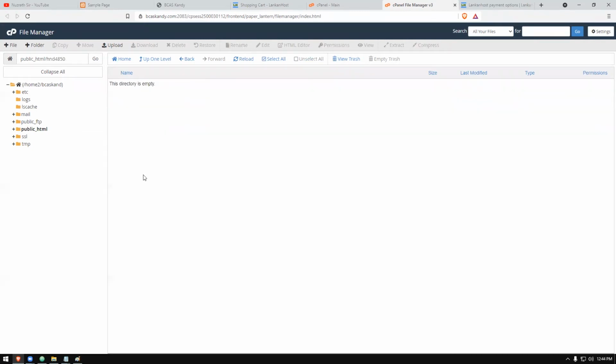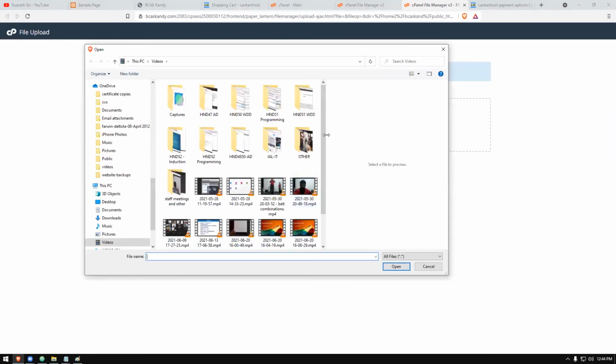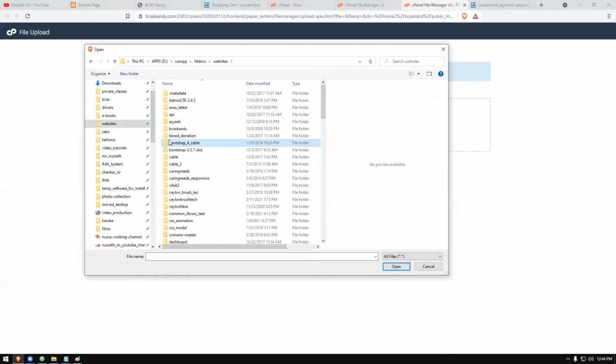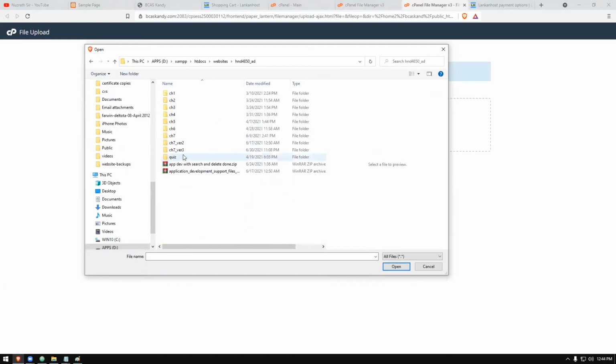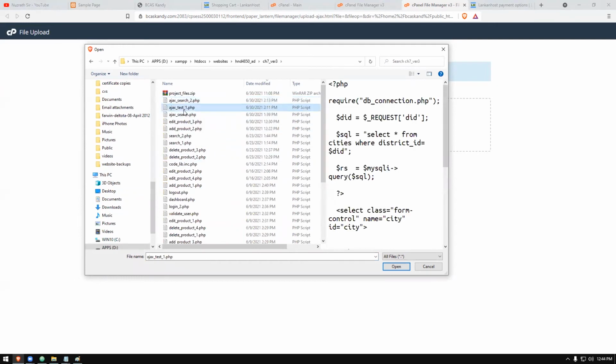Now the problem here is we need to upload the files. When we want to upload the files, we can go here, upload. It says drag and drop the files here to upload. So you can upload one file at a time. If you go here, HND 48 version 3 is the one we have to upload. We have multiple files, and I can't select them by holding my control key.